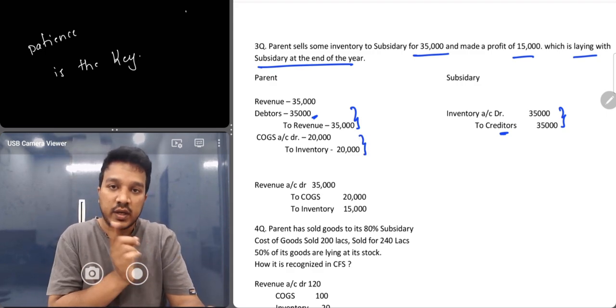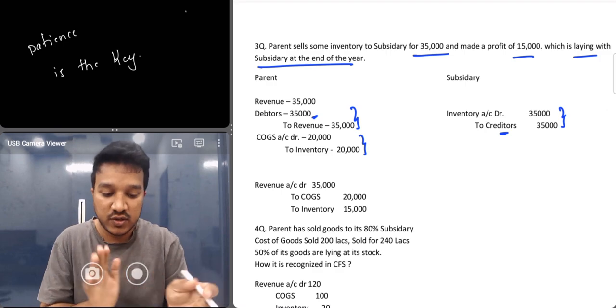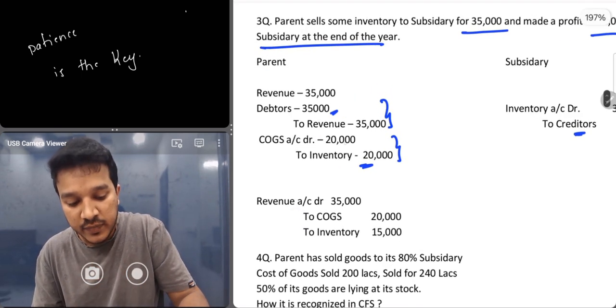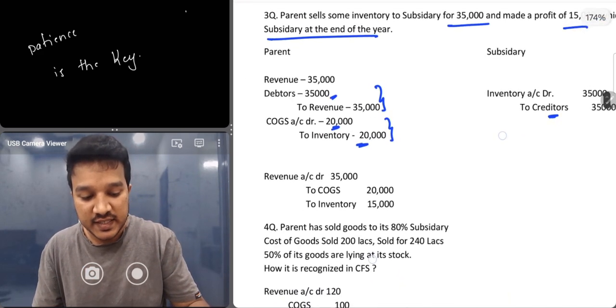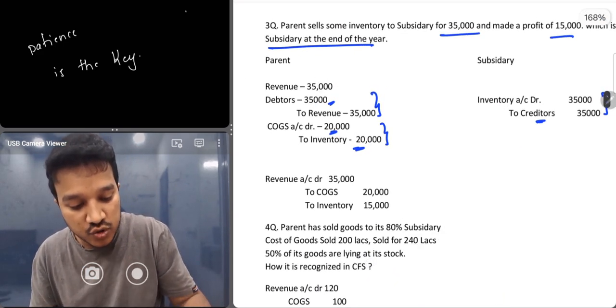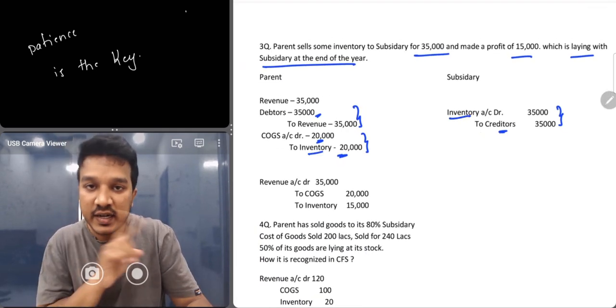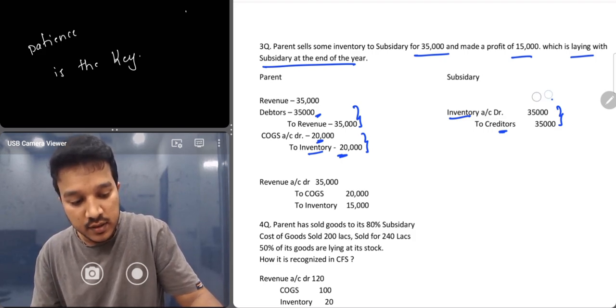And then in the parent's books of accounts, your inventory is going out. What is the value of inventory? Only 20,000, it's not 35,000. The actual value of inventory is 20,000, so you will credit inventory by 20,000 and then cost of goods sold, the cost of that 35,000 is only 20,000, so you will debit that. So exactly in the same way, this inventory and this inventory will get cancelled out, but 15,000 will remain here, you're getting my point, because